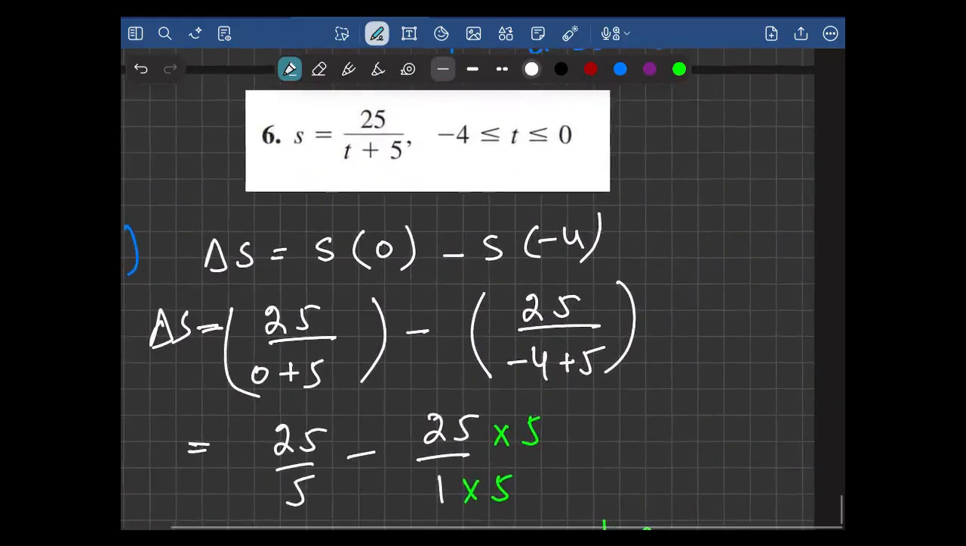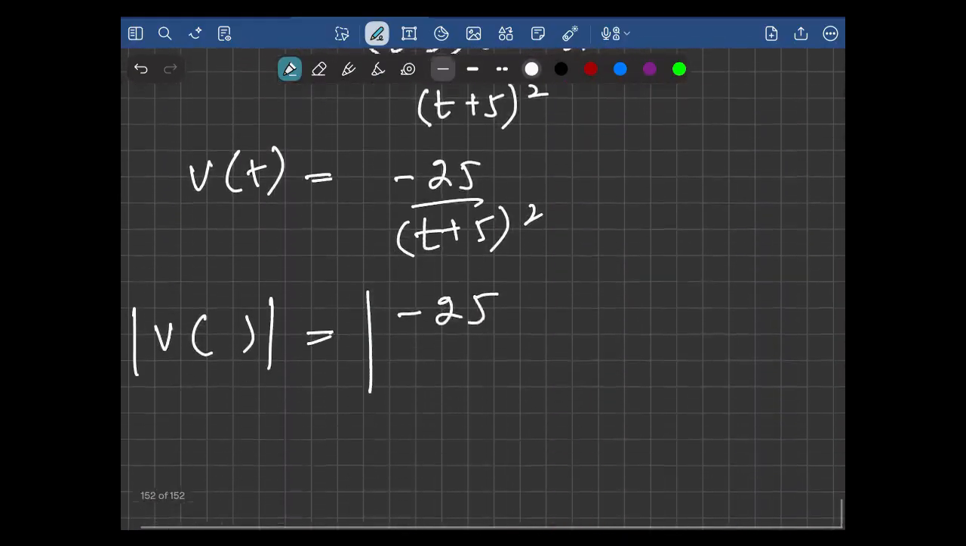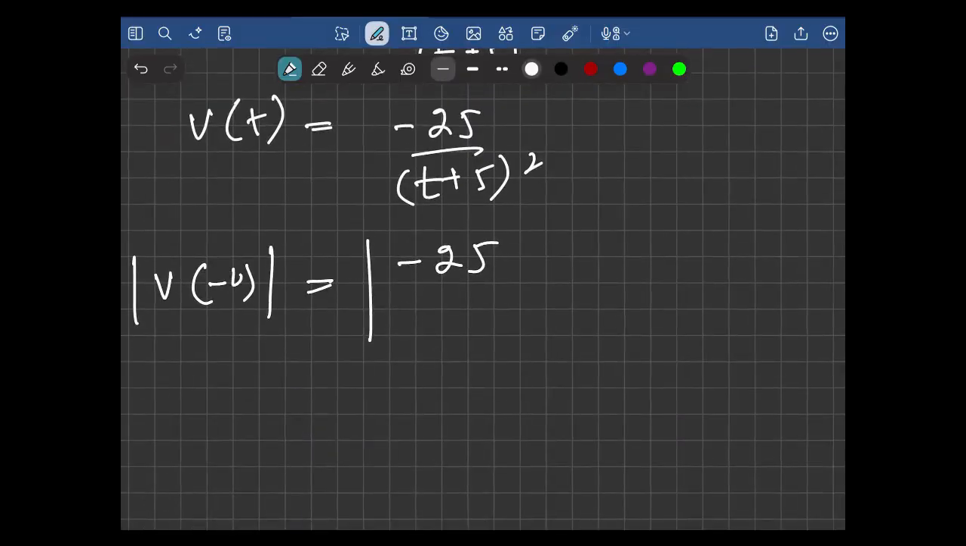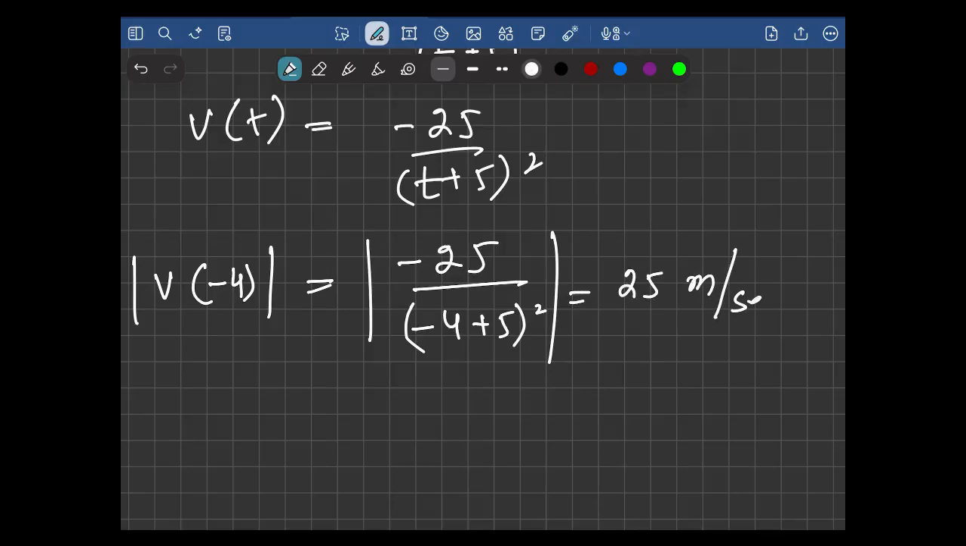Let's look at the interval minus 4 and 0. So if t is minus 4, it's going to be minus 4 plus 5 perfect square, which ultimately equals minus 25 over 1. 1 squared is 1, minus 25 will become 25 due to the absolute value, meter per second. And then speed, which is the absolute value of the velocity at the endpoint 0,